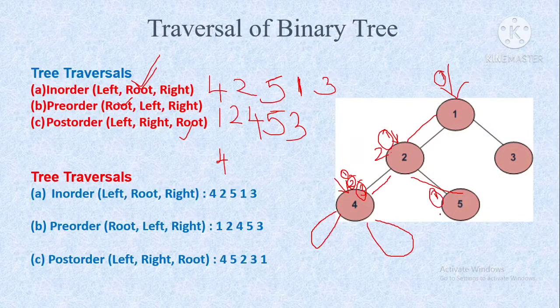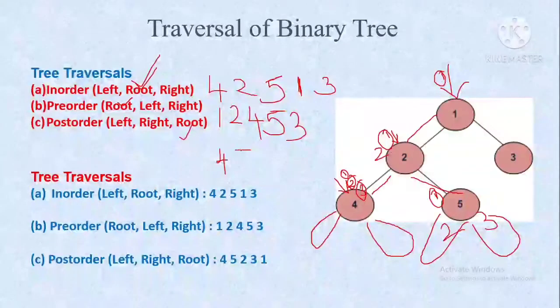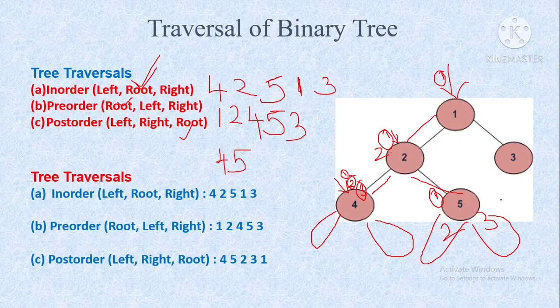So you will visit that right subtree. First time you will not write. After visiting the left subtree, second time you are visiting. After visiting the right subtree, third time you are visiting. So now you can write this particular node. After that you are going back to this second node. So this is the third time you are visiting. After visiting left subtree, right subtree, third time you are reaching this node, so you can write it.